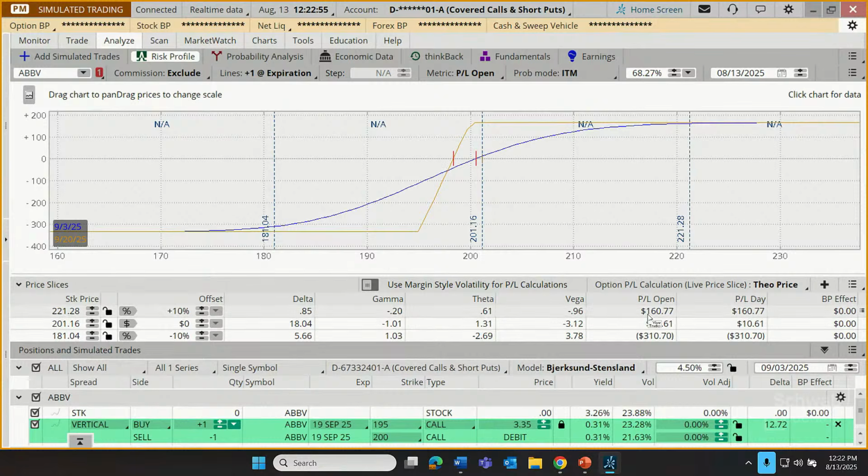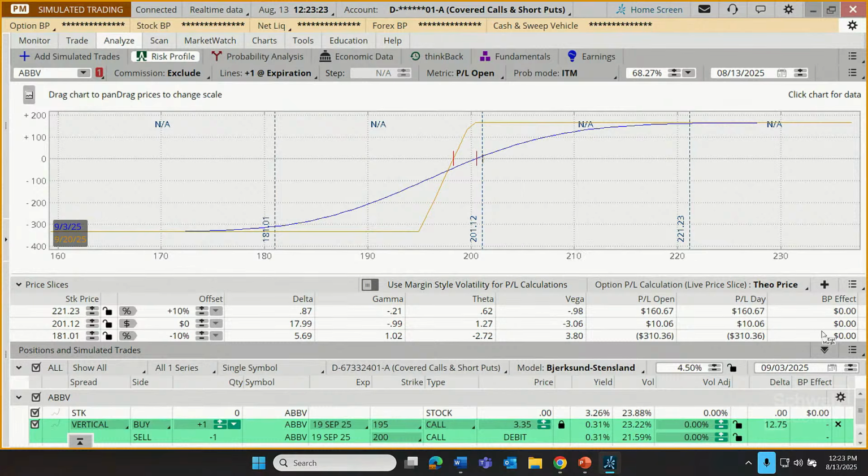Now, at the same time, it's also calculating any potential profits if the stock has gone up 10%, or any losses if the stock has gone down 10%. So that's what those numbers represent. So just by manipulating this field, we're bringing together two of the big three influences on whether this trade works out or not. We're combining price with time.